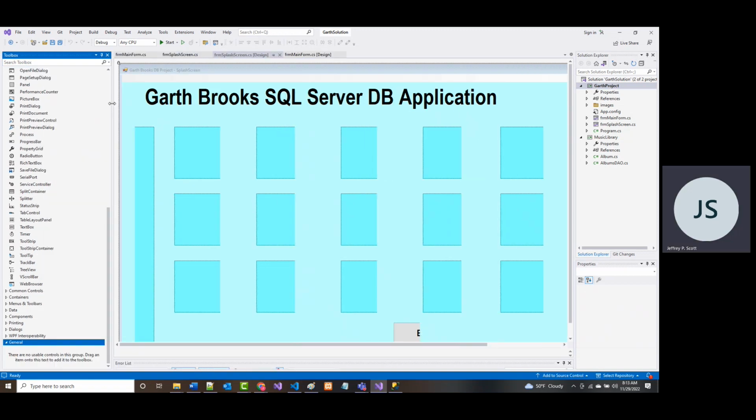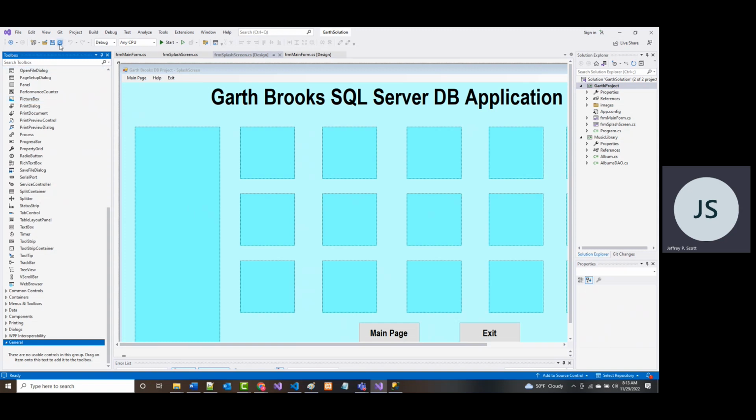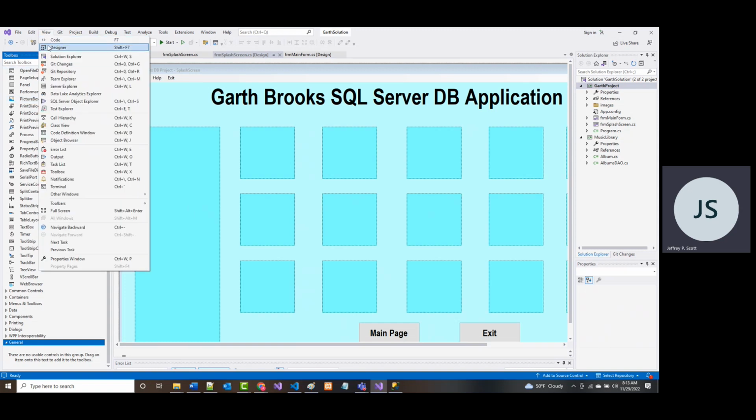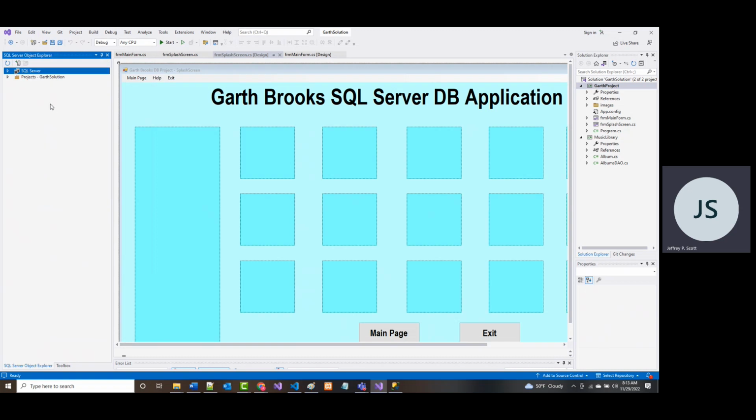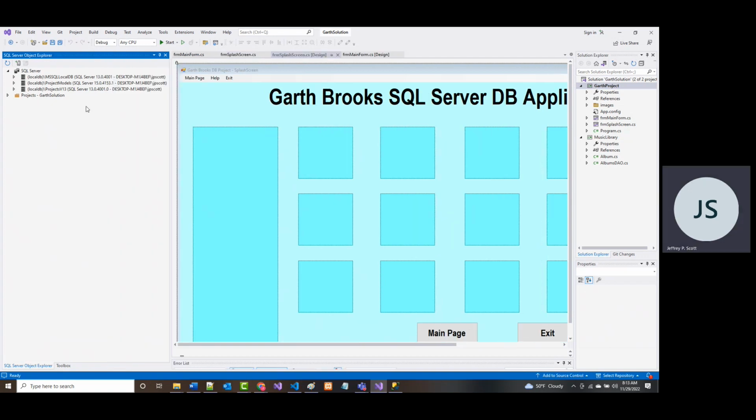We've got our toolbox. But I can also view and say, where is it? I don't remember. I always forget which one it is in here. SQL Server Object Explorer, I believe. Maybe it is, but we'll find it in a minute anyway. All right, so when I look in there, you'll notice one of these says local DB, everything that you saw when we started there.